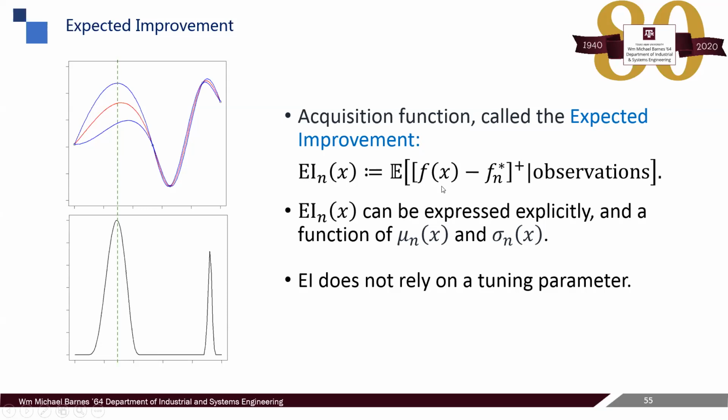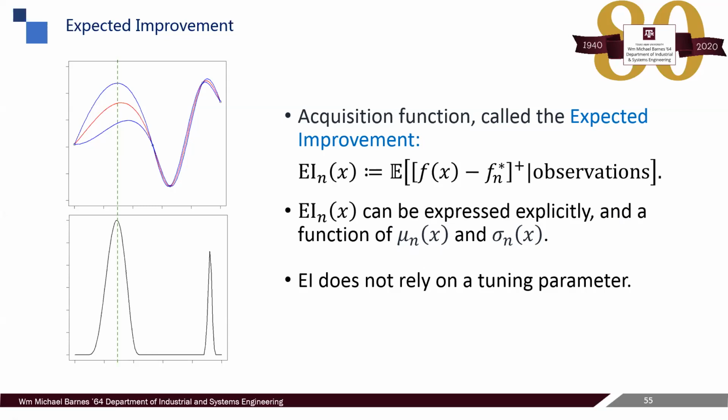but if I write it down here, maybe I need to take 2 lines to write it down. Although it is complicated, that's just for human beings. For computers, that's a really simple function to evaluate. It can be written explicitly as a function of the mean and the variance. As I said,